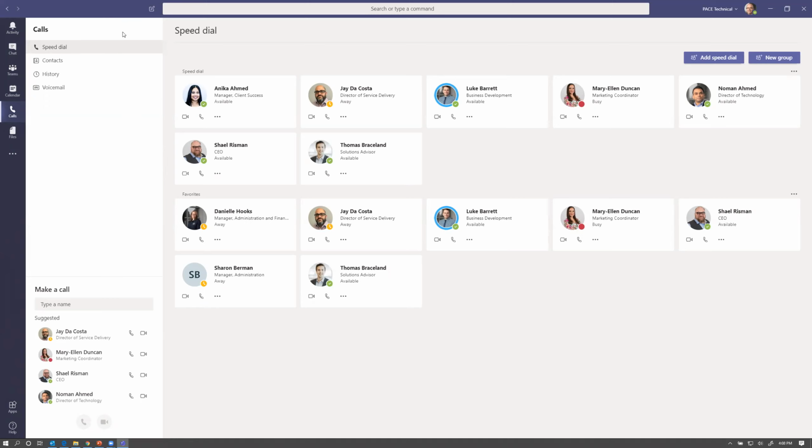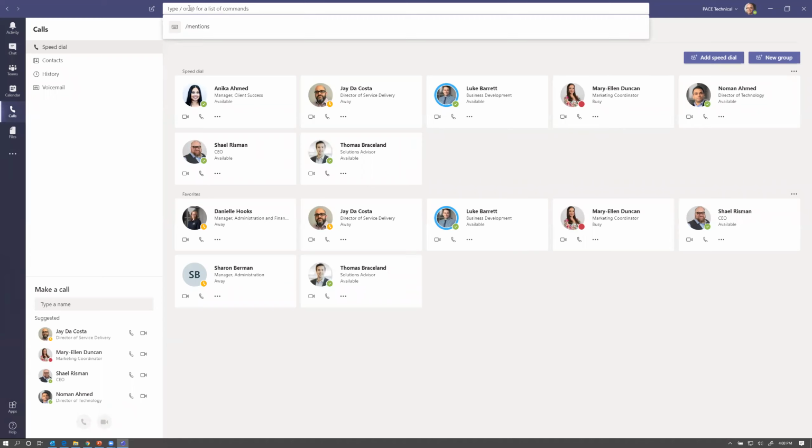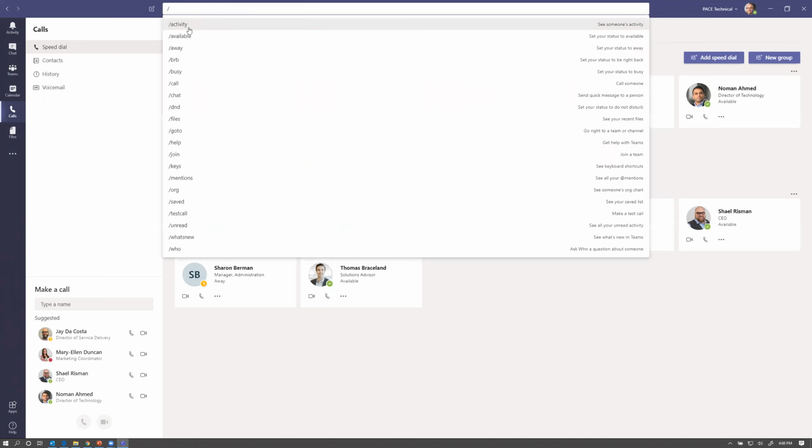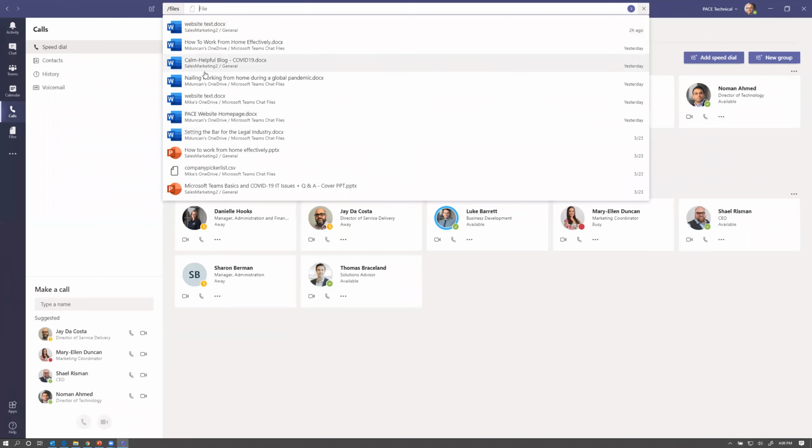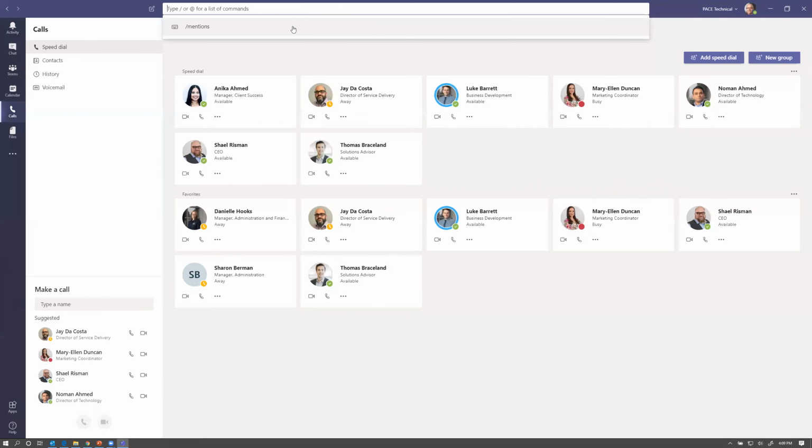Now let's look up across the top. I don't really use this particular menu very much up at the top, but as you can see here, it says if you type a / or an @ symbol, you'll get some more commands. So if I type the /, it gives me a whole bunch of things that I can do. I can /call and call someone, /files and see all of my recent files. If I click on it, it just brings all those up really quickly. I suppose that could be kind of handy. I could also just click on this files thing here. Anyways, as I said, I really don't use that, and the @ is for doing @ mentions.